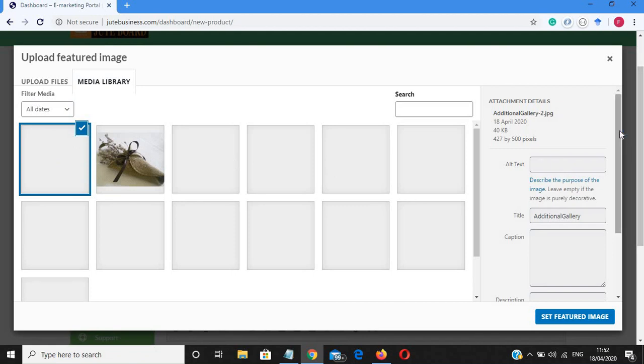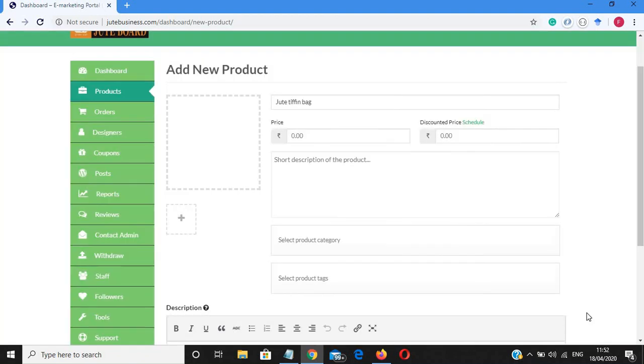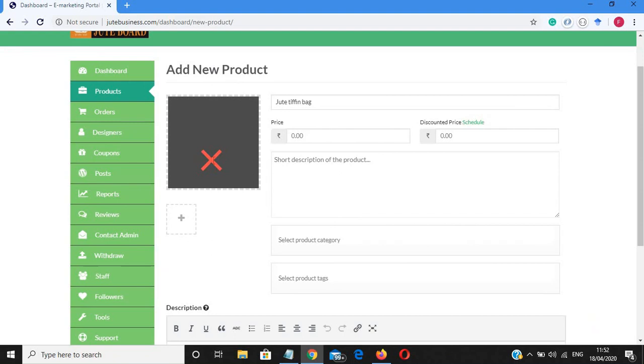Because of the slow network connection, it is not showing me that image. So I will click on the set featured image button here. After clicking it, the cross sign becomes available. This cross sign represents that your image is already uploaded, but because of the slow network connection, it is not showing me the image accurately. But it is already uploaded.